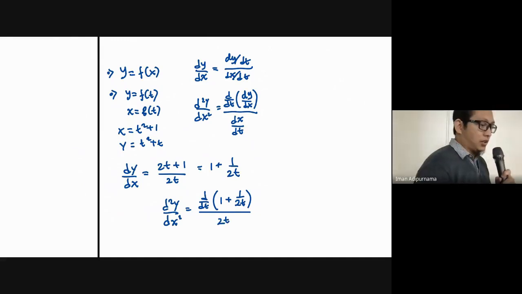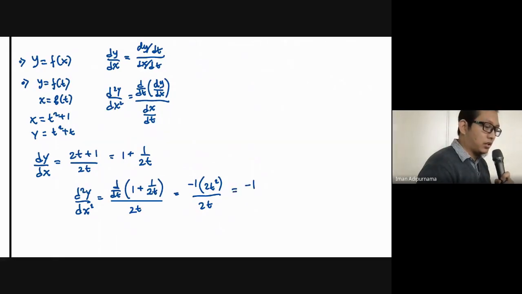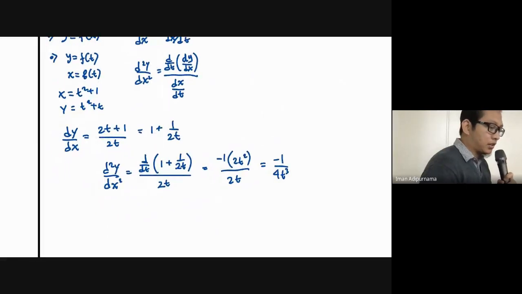Okay. Now the top one, you will get -1 over 2t squared over 2t. And you don't need the quotient rule formula, right? You don't really need that. Now we have the second derivative, and concavity,